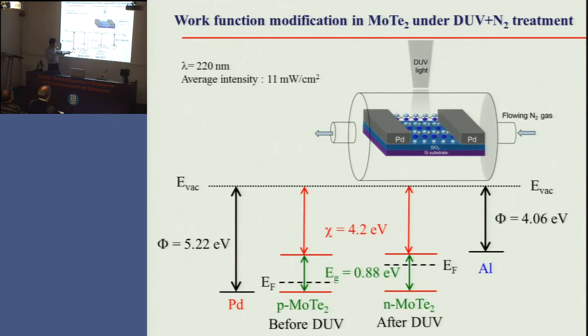So we could choose a material whose work function corresponds to the valence electron energy of the P-type MoTe2. Palladium is the right material for that. For the N-type MoTe2, aluminum will make ohmic contacts like this. Whatever it is, the proof can be done by IV curves for both metal and semiconductors.